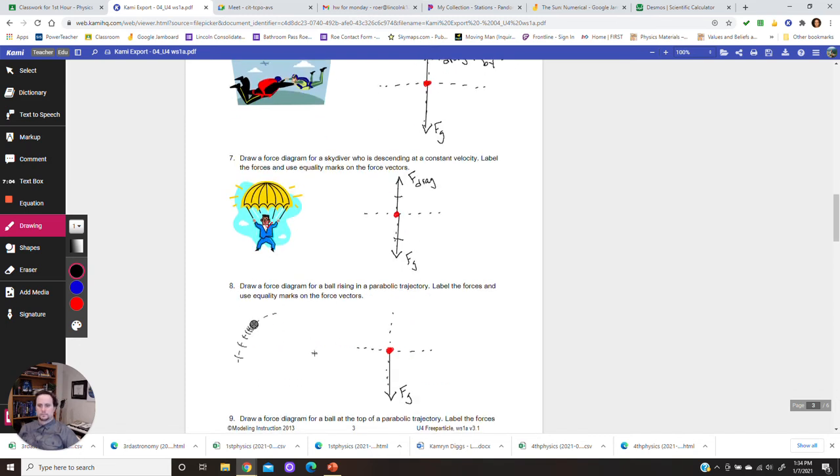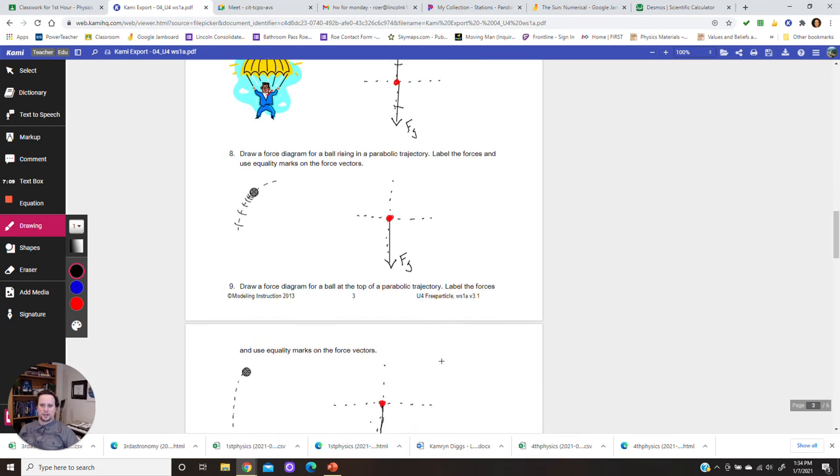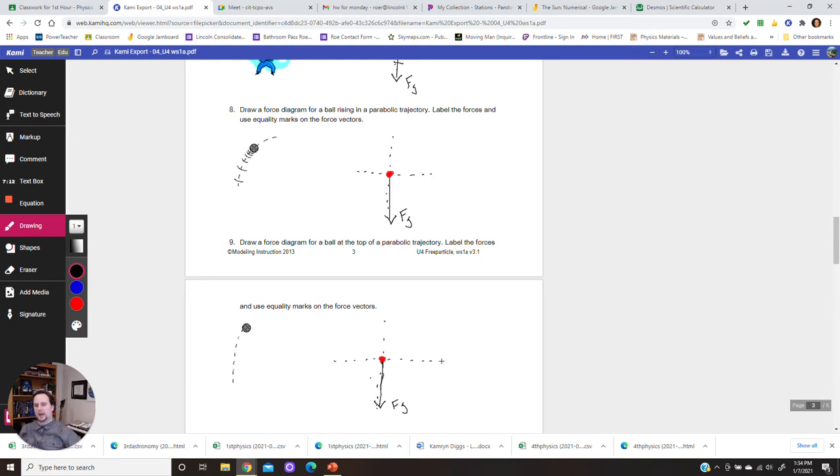Draw a ball being thrown in the air. These ones are very uninteresting. There's one thing that you could put on there, but I left it off of this one. But there's a small amount of wind resistance or air resistance. Air resistance is a function of the shape of the object and the speed of the object. So a ball is very aerodynamic, so it doesn't really mess with the air. So the shape, and then the fact that this isn't moving very fast means that there's little to no air